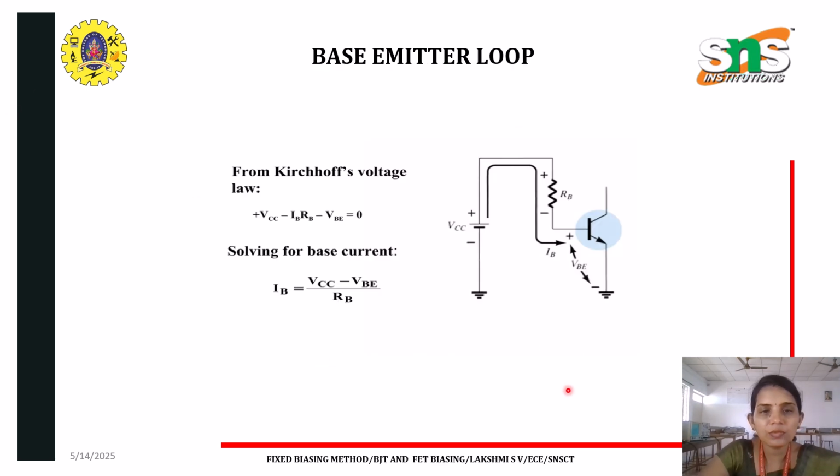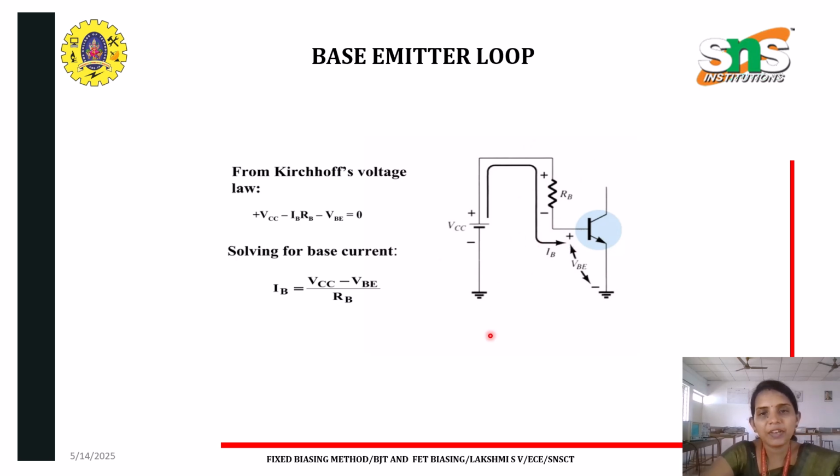Now we are going to analyze the input circuit and the output circuit separately. I am considering my base emitter loop, which is my input circuit, and I am going to calculate my value for IB. We know the well-known law, Kirchhoff's voltage law, which indicates that the sum of voltages around a closed loop is equal to 0. By applying KVL in this loop, as you can see mentioned here,